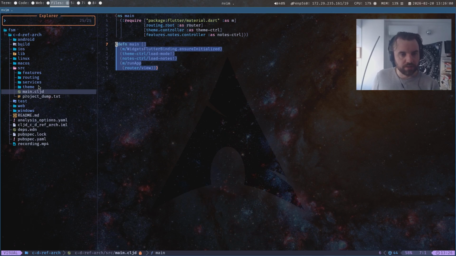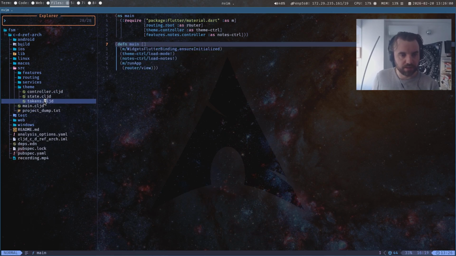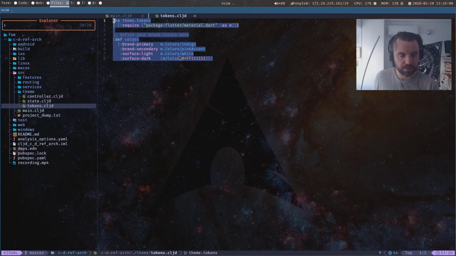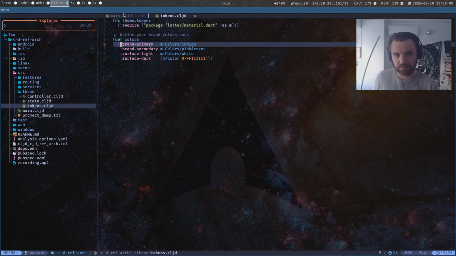So yeah, so then this one has a theme, and in the theme we have tokens. This is just a map, just defining the map, and you can use it anywhere. I put in these are like the native colors for Flutter to use, and then here I just have like